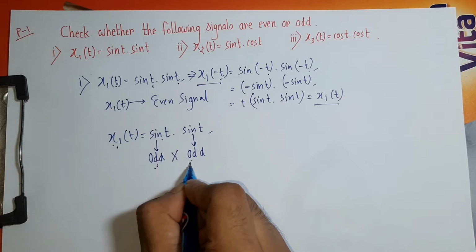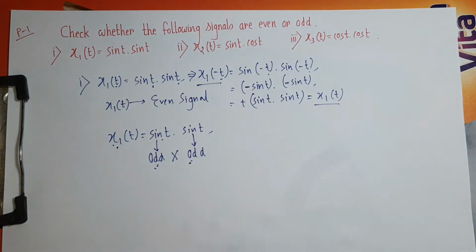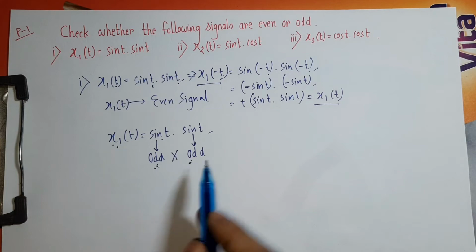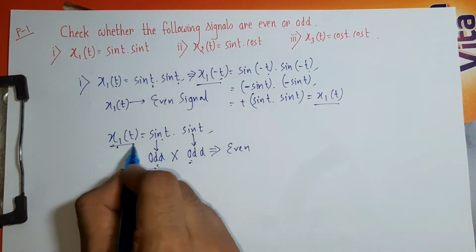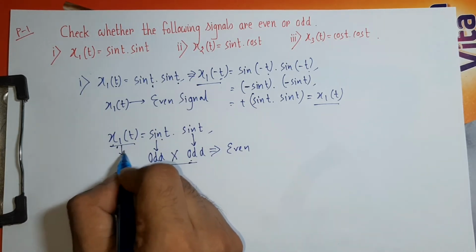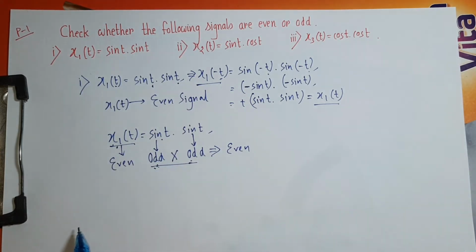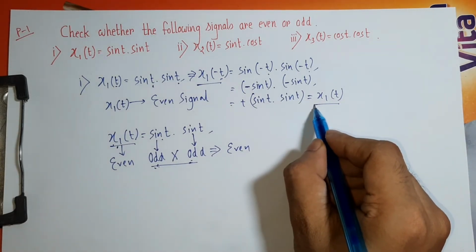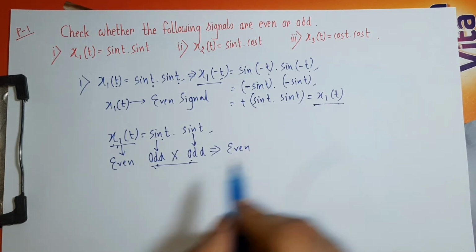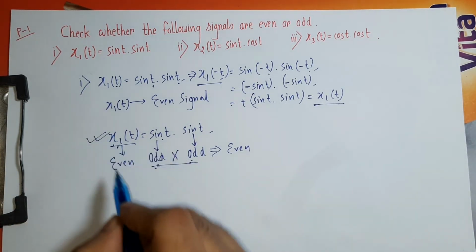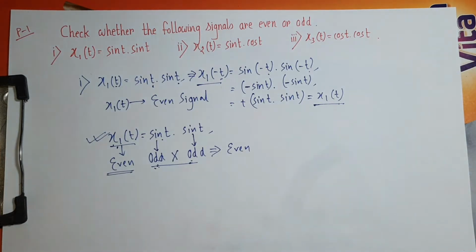signal with itself. And if you have gone through the lecture on the properties of even and odd signals, I have explained there in detail with example that the product of two odd signals is an even signal. So clearly, as x1(t) is the product of two odd signals, x1(t) is an even signal. Whichever way you use to solve the problem, you might use this particular way, or you might use this way of solving. The final answer is going to be the same. I hope that the concept is clear up to this part.